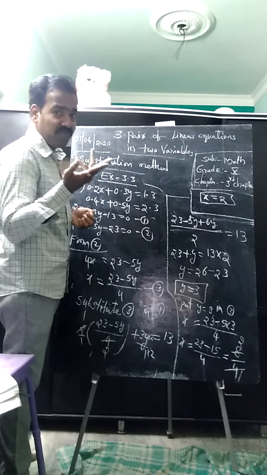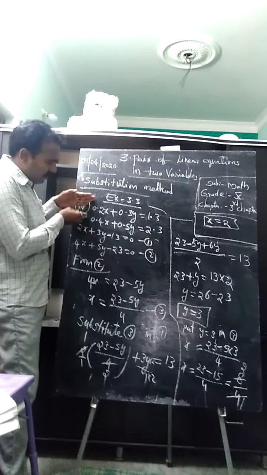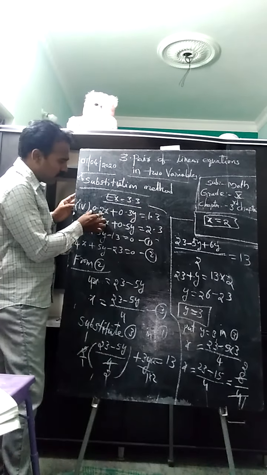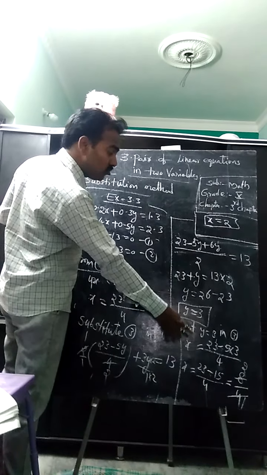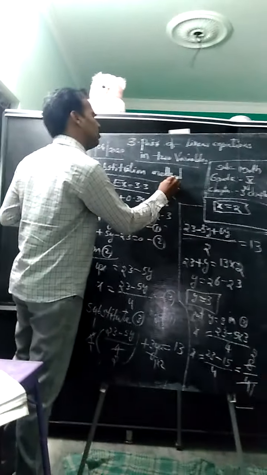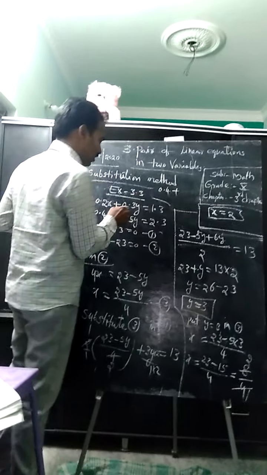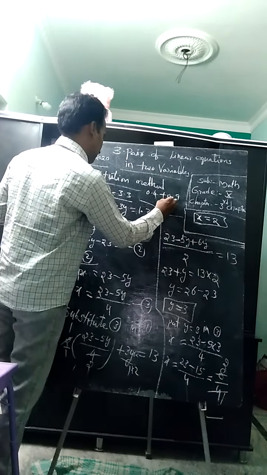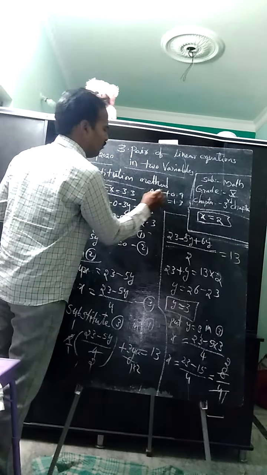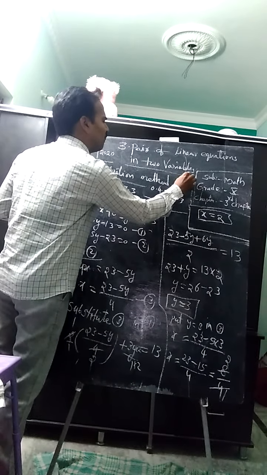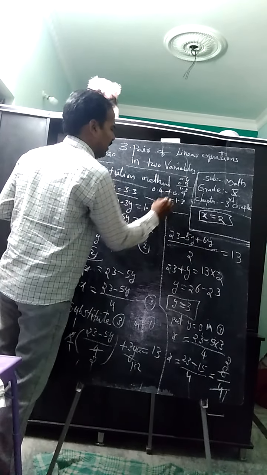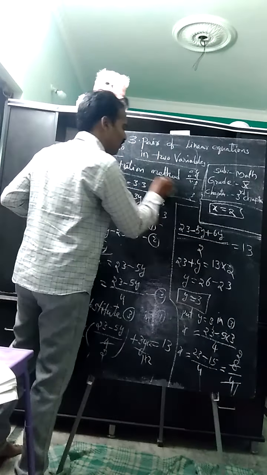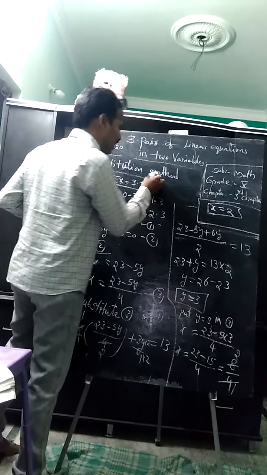But we have to verify it now. You can verify either here or here. That is up to you. I am verifying here. 0.2 into x. x how much, students? 2. 0.2 into 2, 0.4, plus 0.3 into y, 0.3 into 3, 0.9, equals 1.3. As we know, 0.4 plus 0.9 is 1.3. So 1.3 equal to 1.3. So our answer is correct. Verified. So no need to do verification, up to you.